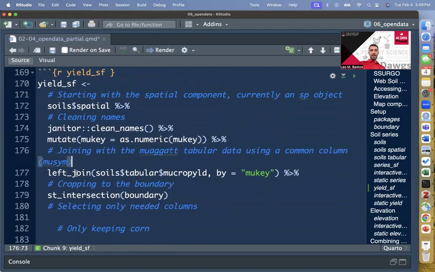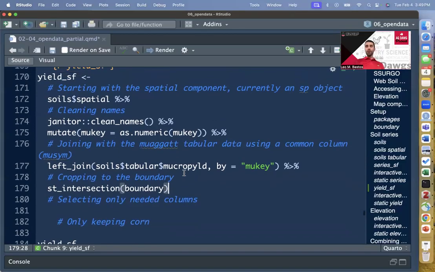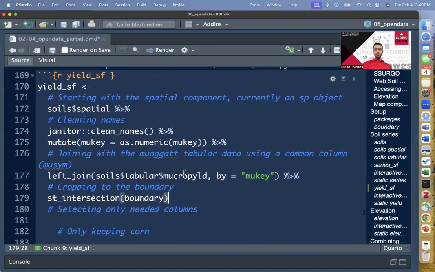Then we're doing a left join with the soils tabular in mapping unit crop yield. If you remember, we saw this before. You had the crops, it had yield for irrigated, non-irrigated crops in different crops. We're merging them or doing the join based on the mu key column. And then again, doing the intersection on the boundary. So we would only have data for our field and not that whole region. So if you run all this,